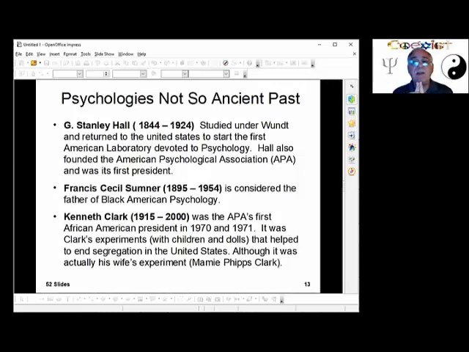And when she asked the children, can you tell the difference? Do you see a difference? Yes, they saw the difference. They knew the difference. Why did you play with the white doll? So the white doll is good. What does that mean? Segregation in and of itself creates a negative process.